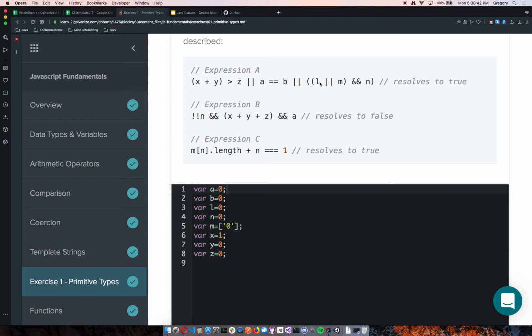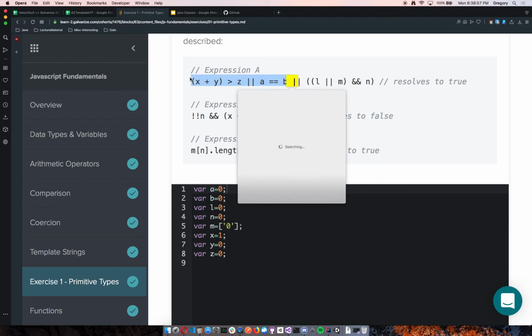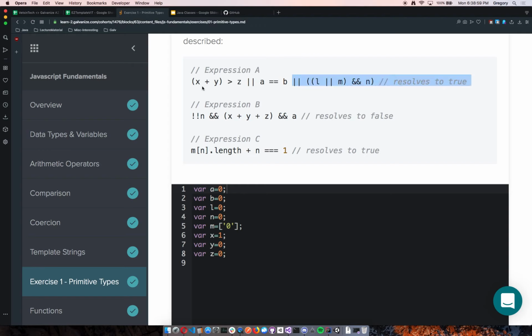This one I think evaluates to false. This is saying 0 or the array of 0 and n. I don't really necessarily consider that a valid expression, so I think that the top one is really coming down to those first two expressions right here. Oops, I brought up my dictionary. So these two expressions are the only ones we're evaluating because this one on the right doesn't necessarily make any sense. And we can tell because if we actually wrote that out,